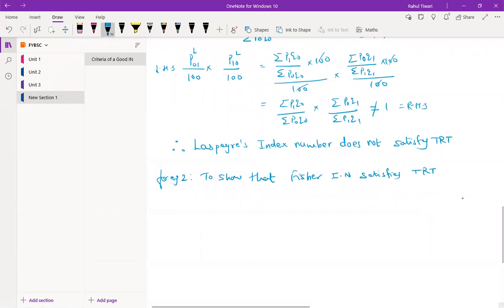Okay, so we'll take down that P01F first. So what is the definition of P01F? For this you need to remember the first two methods, so I am just writing that method. It's square root of summation P1 Q0 divided by summation P0 Q0 multiply by summation P1 Q1 divided by summation P0 Q1, multiply with 100. What did I do? I wrote the left one and I wrote the right one, and it is in square root because it is a geometric mean. Fisher can be calculated using geometric mean.